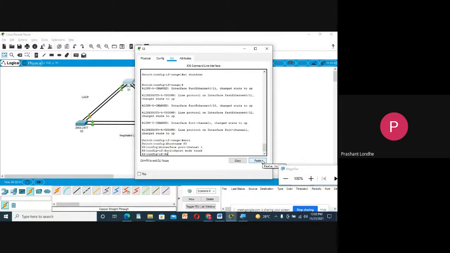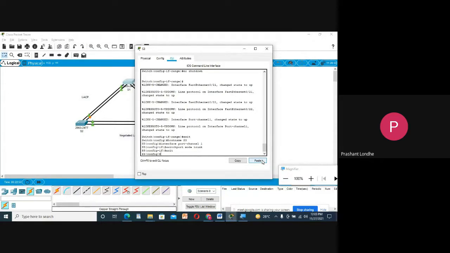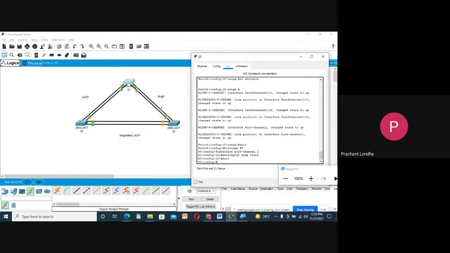Now there will be a question: as we have already written switchport mode trunk, then why are we writing it again? Because whenever you are creating the trunking mode, it is just used for the virtualization. So whenever you connect this port with the no negotiate link, the trunking link will also be in the form of no negotiate link. Now we have changed our link protocol, it is converted to PAGP. So basically our virtualization link should also be converted into PAGP. Therefore, if you want to work with some kind of virtualization, you have to do this.